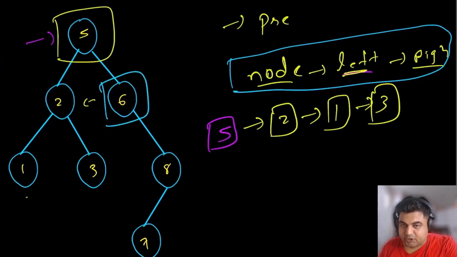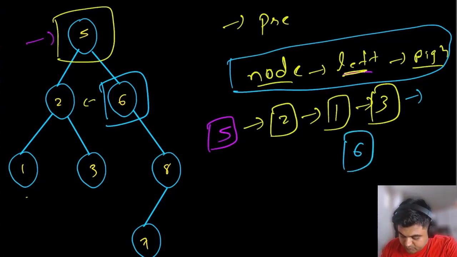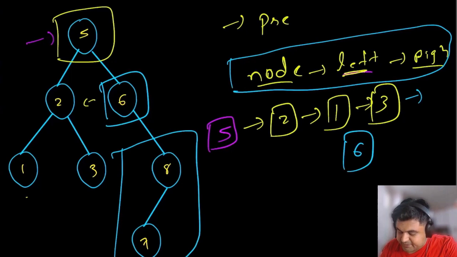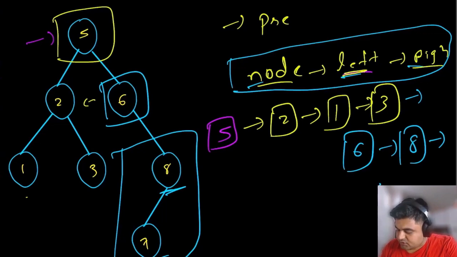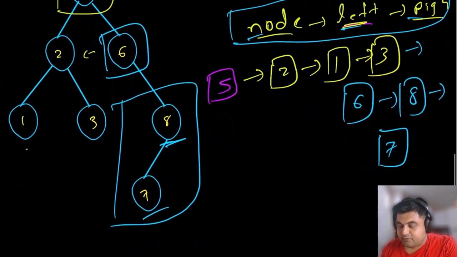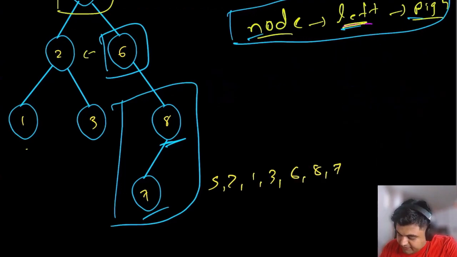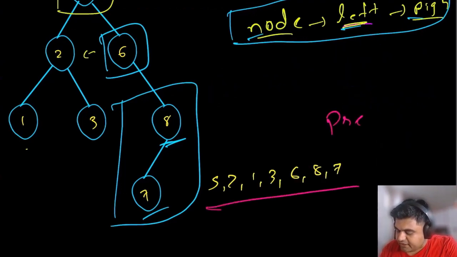So again, this is the node. Currently it does not have anything in the left, but we are going to visit node number 6 first. It does not have anything in the left, so we are going to move to the right. For the right subtree, it has these two elements. So first we are going to take care of value number 8, because node, left and right. And after that, in the end, for this node we have node number 7 that we have to take care of. So the last node we are going to visit is node number 7. If we want to see the full traversal, it is going to look like this. And this is how we move in the pre-order traversal fashion.